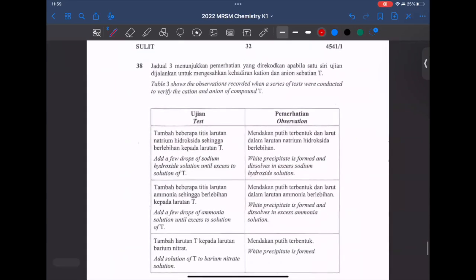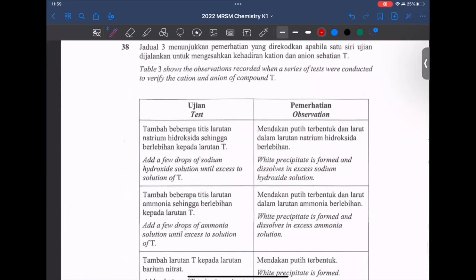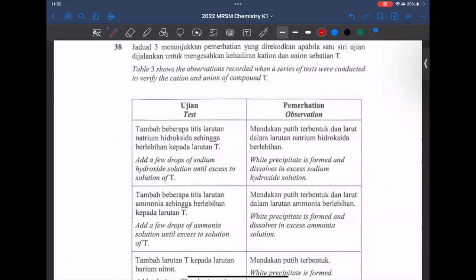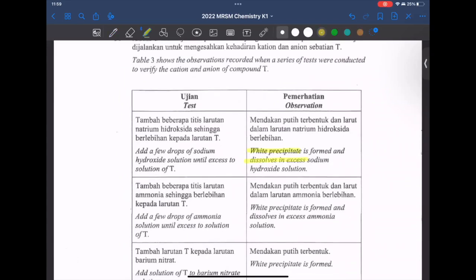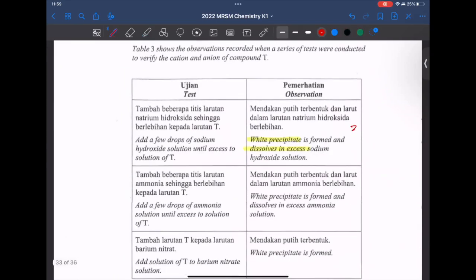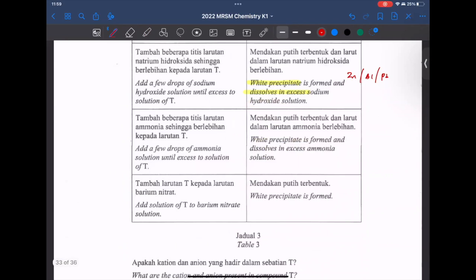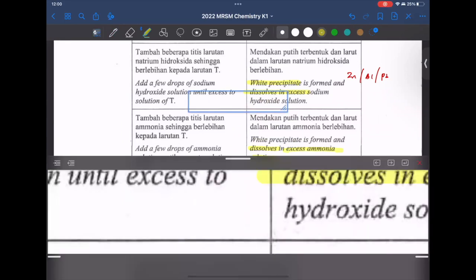38. Table 3 shows the observations recorded when a series of tests were conducted to verify the cation and anion of compound T. A few drops of sodium hydroxide were added into an excess of solution T. White precipitate is formed, dissolved in excess. So it's most likely zinc, aluminum, or lead. So either zinc, aluminum, or lead. Then you add a few drops of ammonia. It can also dissolve in excess ammonia. So most likely it is